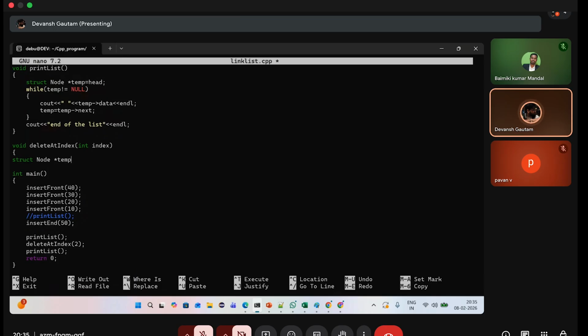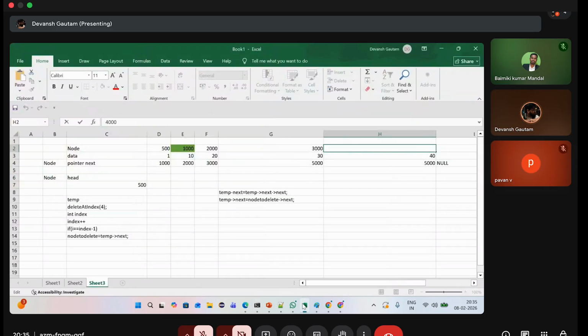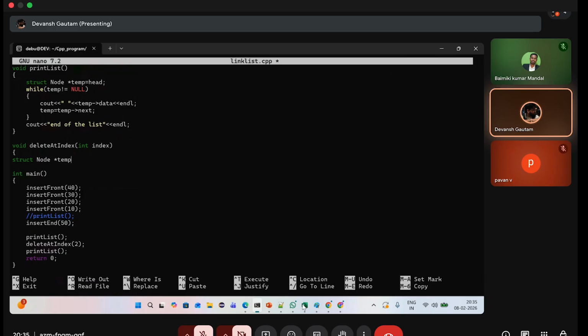For what purpose? To travel. We need temp, right? We have seen over here that we need temp. So this temp we needed is equal to head. Then we'll travel for